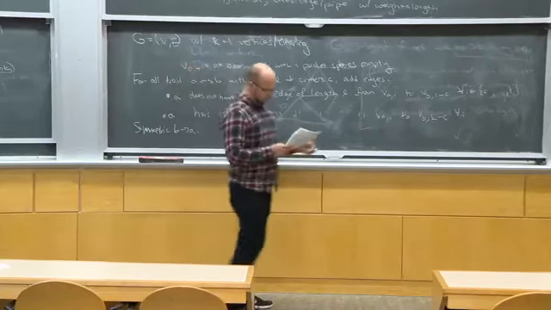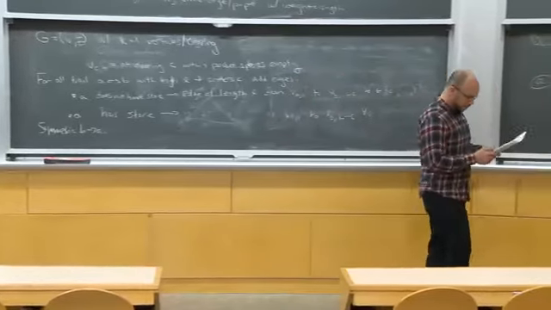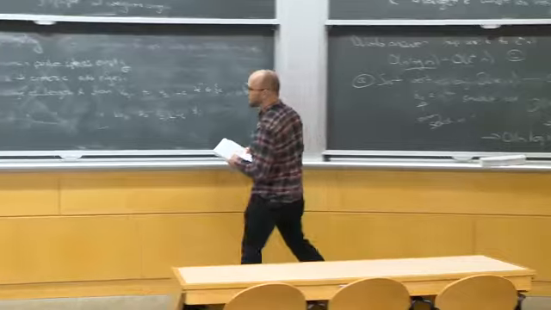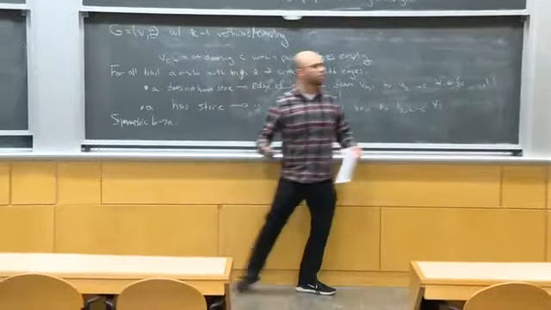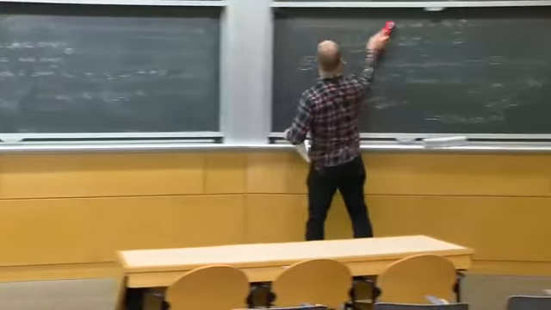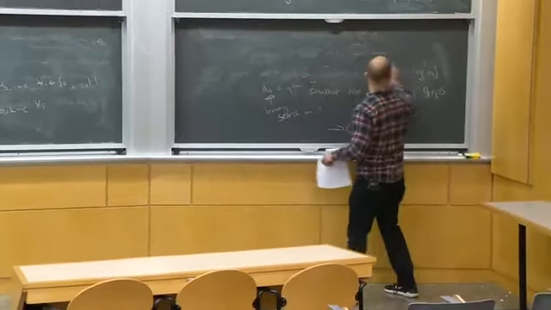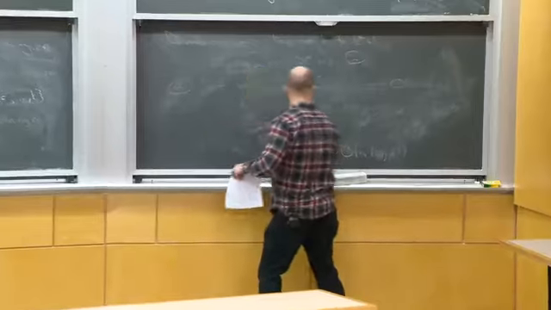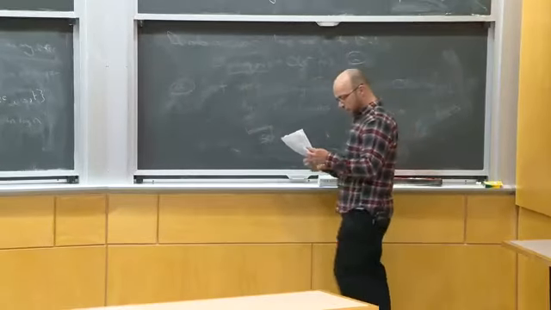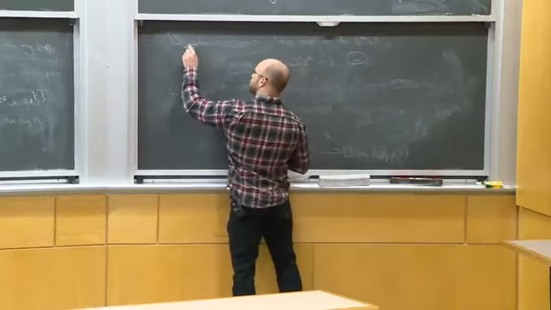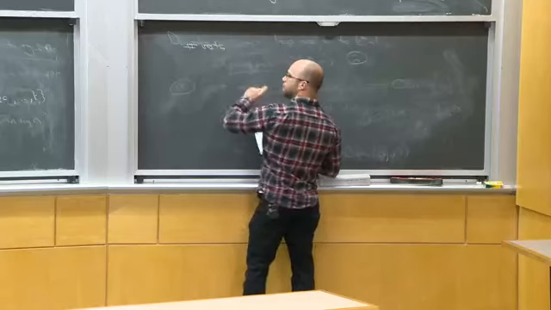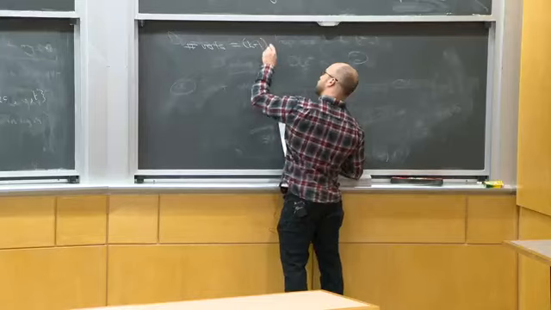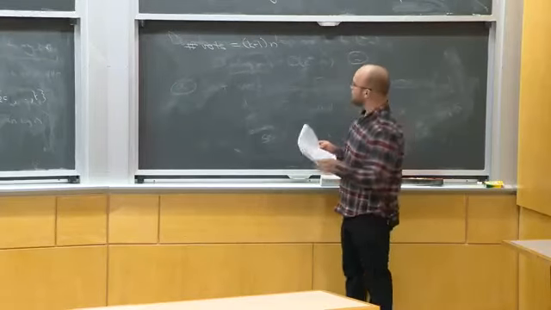Okay, so now I have a graph, and first of all, we should reason and make sure that we can actually construct this graph in a reasonable amount of time. So let's do that really fast. Right, so the number of vertices in our graph, well, I basically have k plus 1 copies of my graph, so it's equal to k plus 1 times n. That's good, so that's order kn